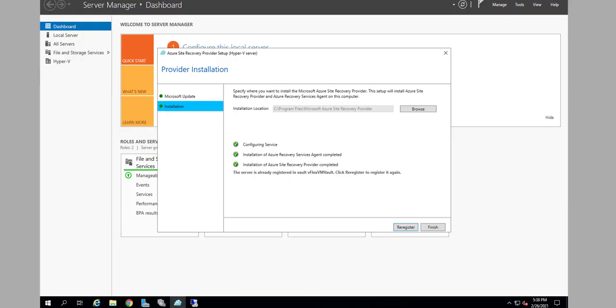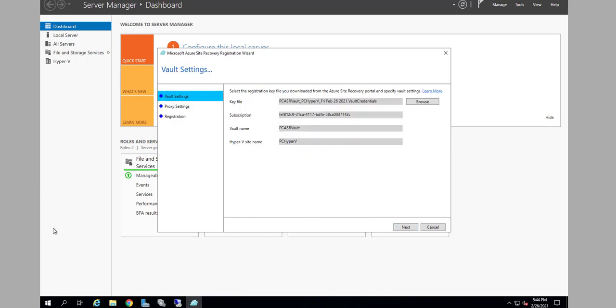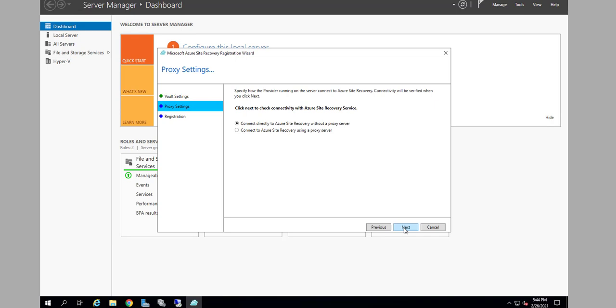So I downloaded the agent and installed it, and now it is installed. Once the installation is complete, it is going to ask you to register it. So I'm going to click on register, and I have already downloaded the key. So now it is going to ask me for the key. When you click on register, it is going to ask you to select the key file. So I selected the key file here, and once you're done, just click on next, and then